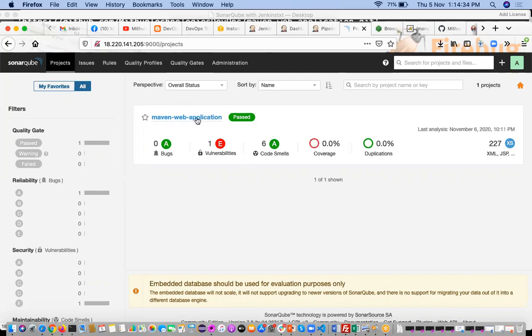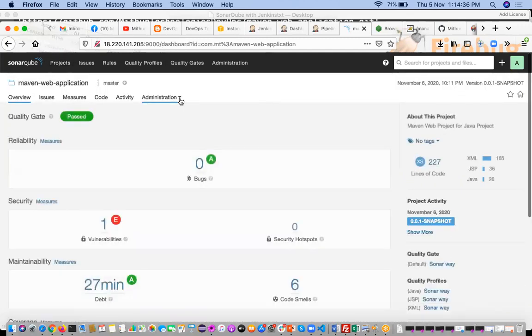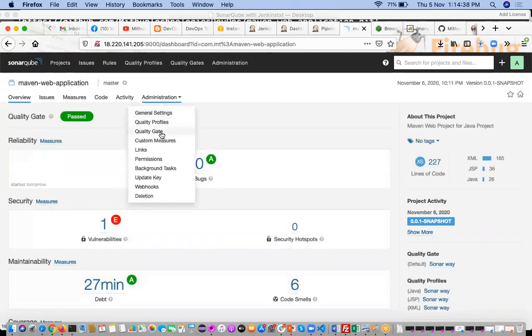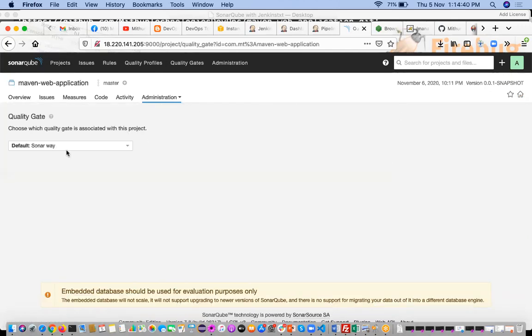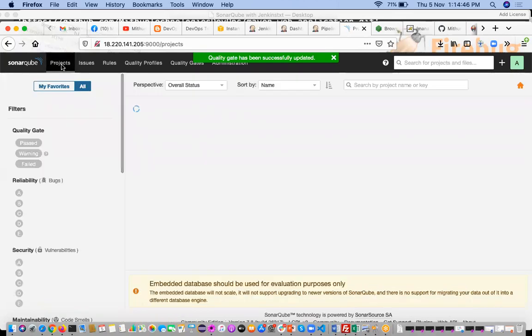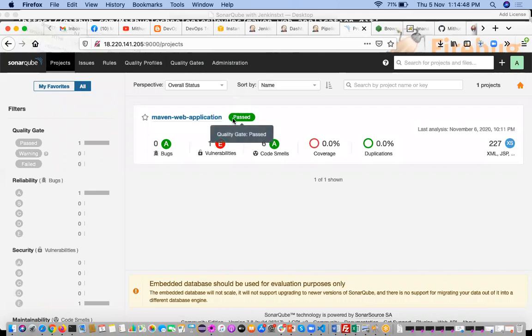For that, click on this one, go to the administration, click on this quality gate, and select the custom quality gate which we have created just now. So now this quality gate is going to fail and this job is going to be marked as failed.